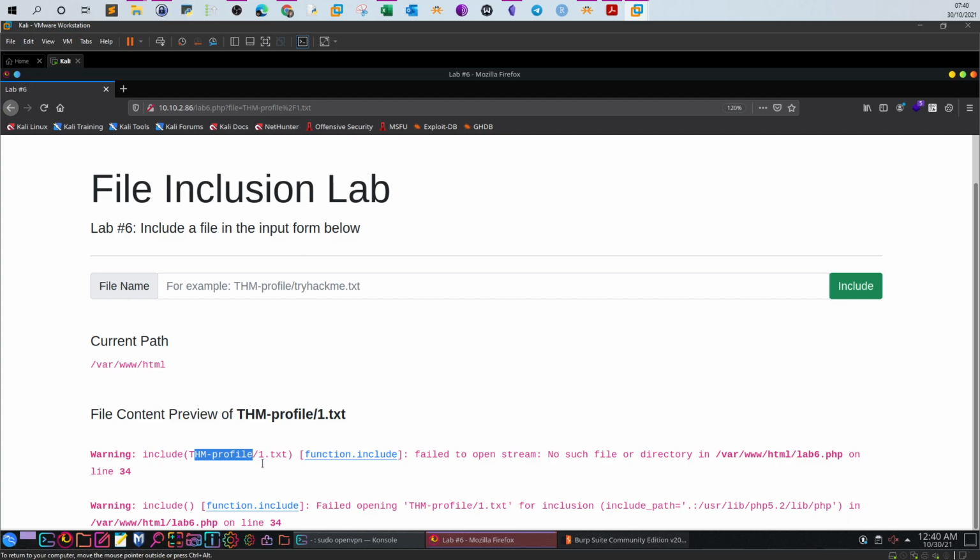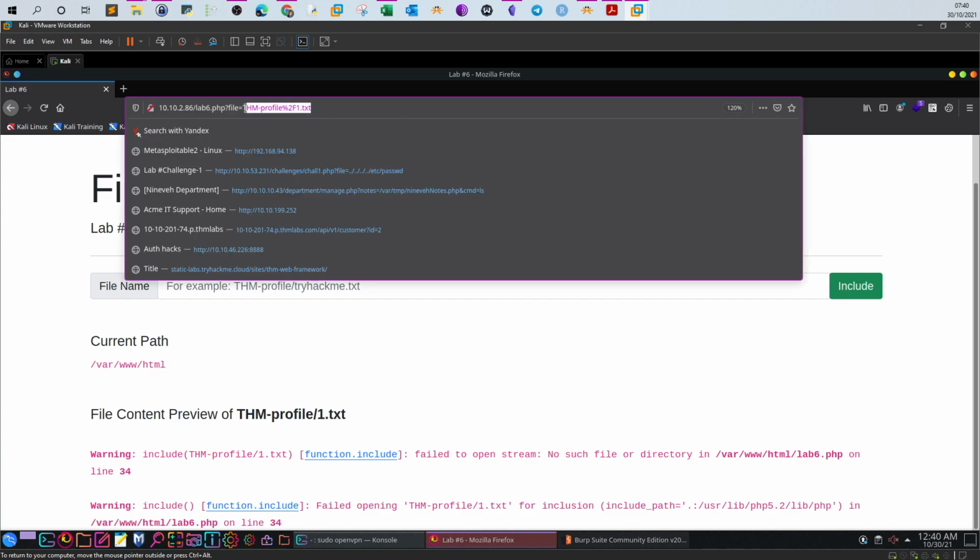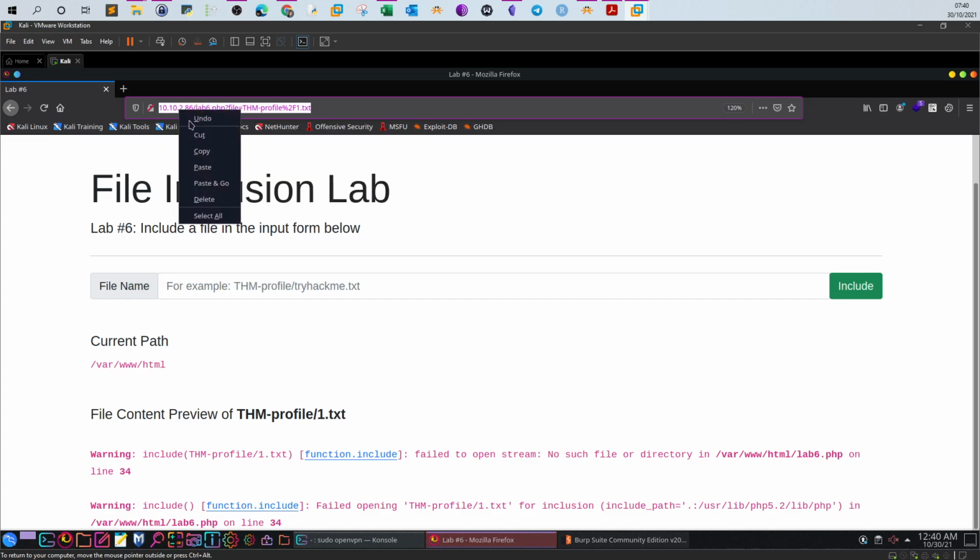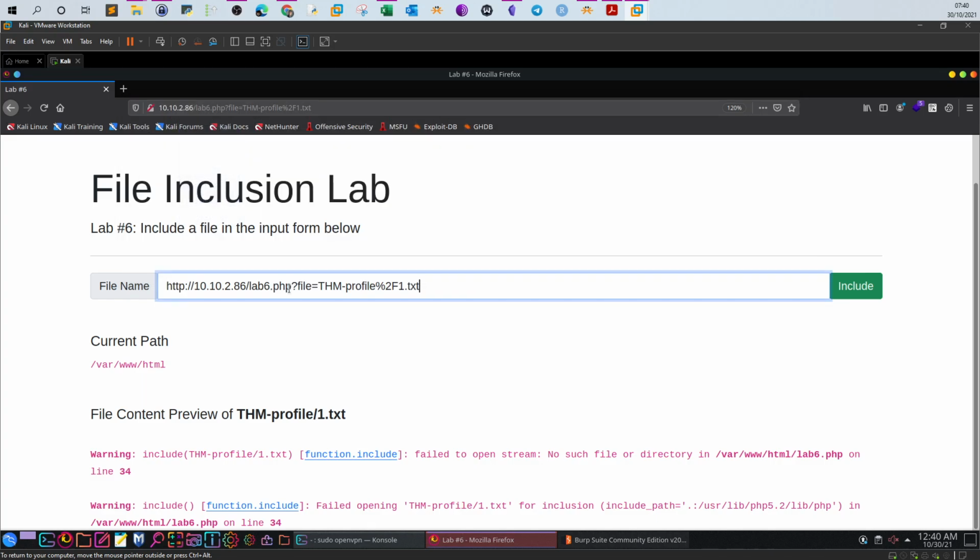Basically, any payload you build, you have to include thmprofile, since it is necessary in retrieving files from the directory. Let me build the URL first in the box, so those using mobile phones can see the URL clearly. So thmprofile, right? And now we type something like